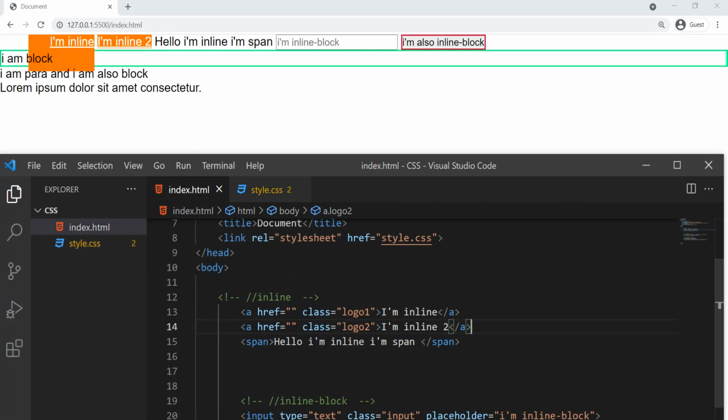And one more thing, here after these 3 elements, even if you write 100 anchor tags, they will sit side by side. Like this, they will sit side by side. They will not take a new line. They will not start on a new line unless space is completed in a particular row. Okay, then only they will take the second line, next line. But they will always sit side by side. That is the nature of inline elements.